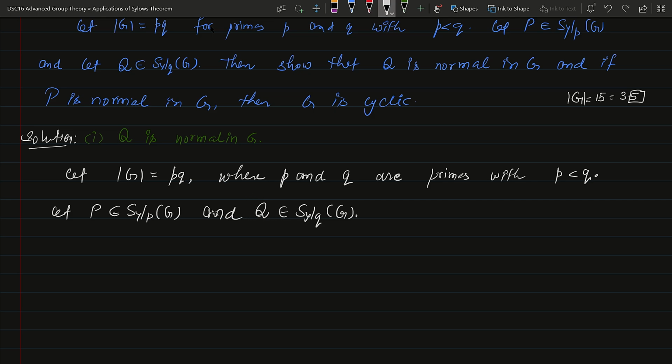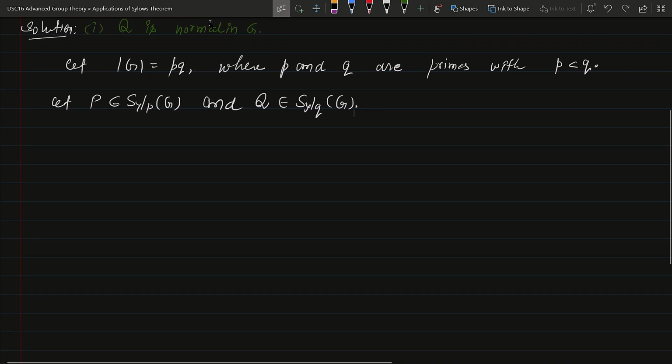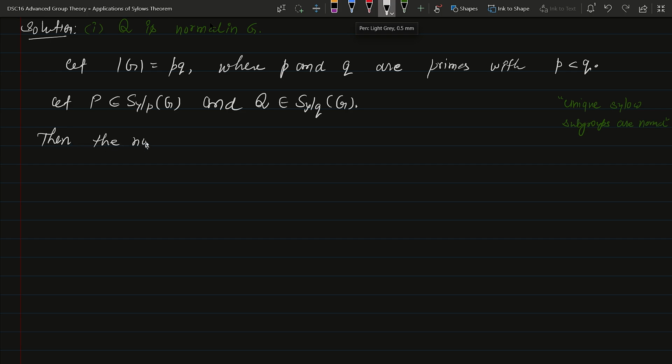We know that for any prime p, if the Sylow p-subgroup is unique, then it is always normal. So let me write this result here: unique Sylow subgroups are normal. We are going to use this result. So let us identify the number of Sylow q-subgroups. Then the number of Sylow q-subgroups, that is n_q, follows